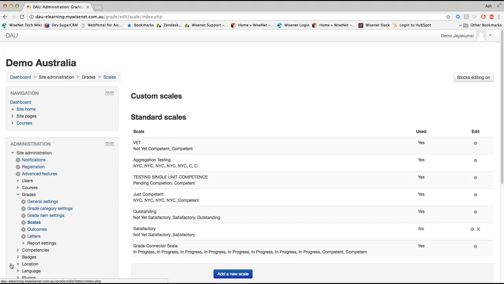So when creating a scale, we need to take into consideration your grading method. Usually, if you have a pass mark of 50%, then 2 scales are enough. So you can have a not yet competent and competent. Only competent and not yet competent scales or grades are pushed into WiseNet. If you're marking your student out of 100 and anything above 90% is competent, then you'll have to create 10